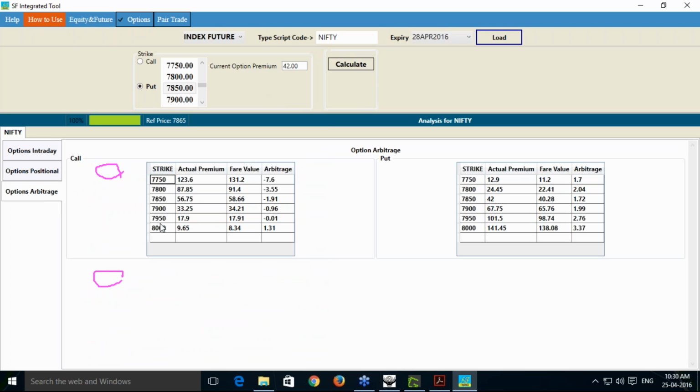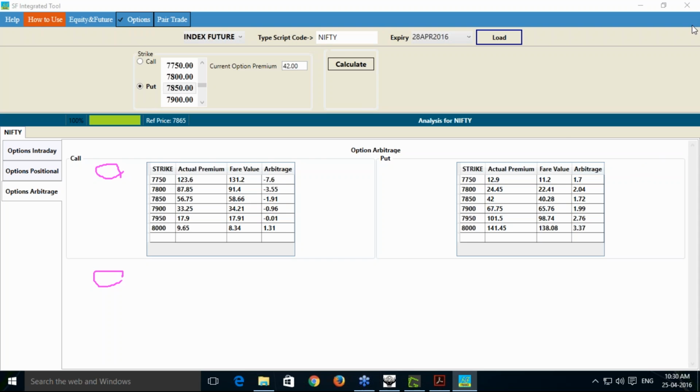Here the arbitrage opportunity tells you what the actual premium trading is and what the fair value of the premium is, so how much arbitrage value there is. Whenever the arbitrage value is lesser, it means the actual premium is lesser as compared to the fair value. So you should think of purchasing. So here I am seeing